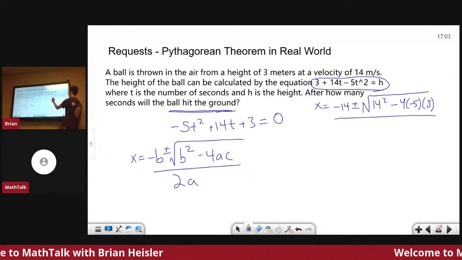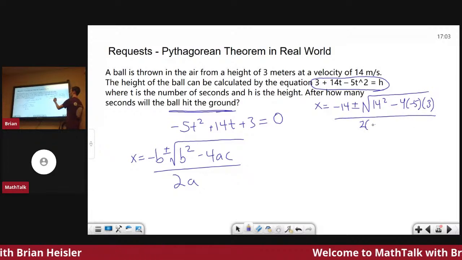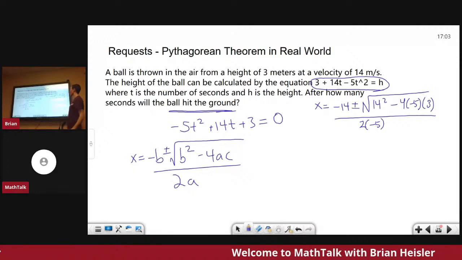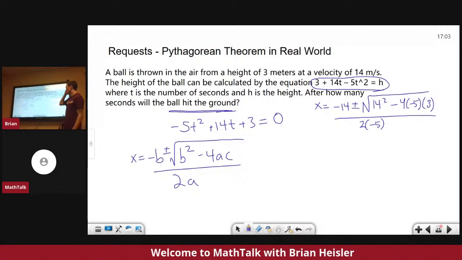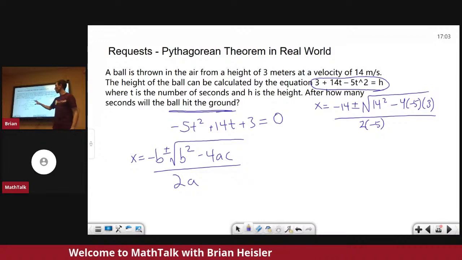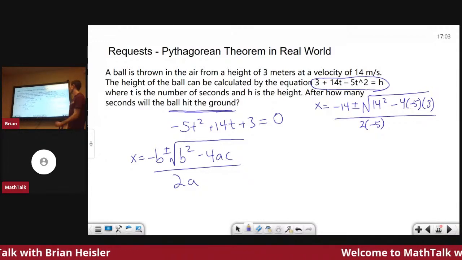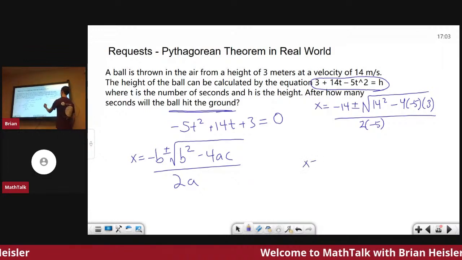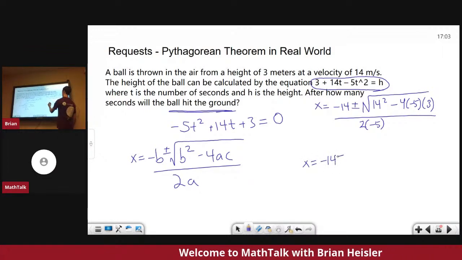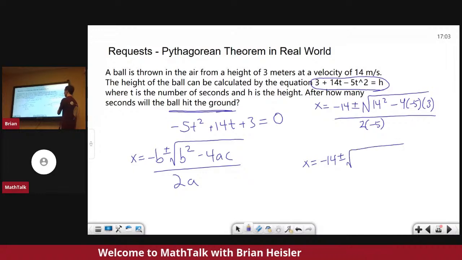All of that divided by 2 times the first number, negative 5. Okay. So I know I'm going to have to get another sheet of paper on this, but that's fine. But from here, you just want to start simplifying it down as much as you can. So negative 14 plus or minus